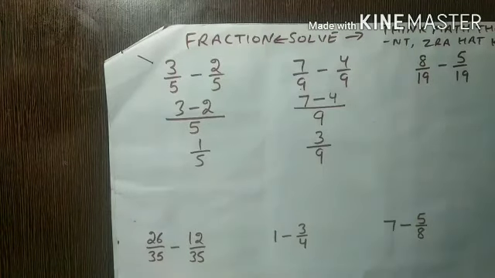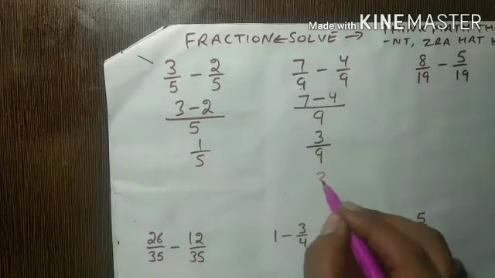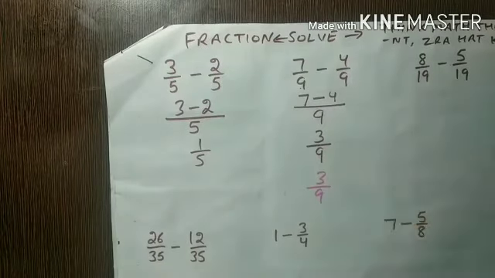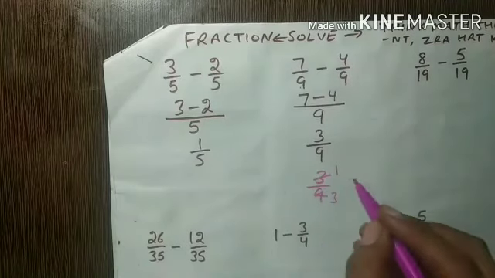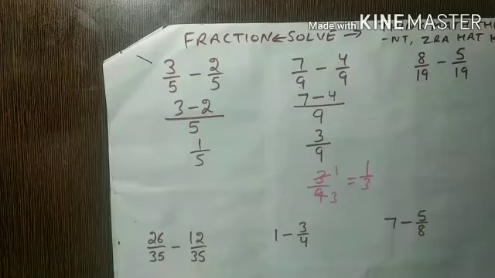In other words, we can say that 3 is the HCF of 3 and 9, that is, of both numerator and denominator. Or you can think of it like this: 3 is on the table of 3, and 9 is also on the table of 3. So you can cancel them with 3. Okay, so I write it once again, 3 by 9. Now 3 ones are 3 and 3 threes are 9. So what is the answer? The answer is 1 by 3.